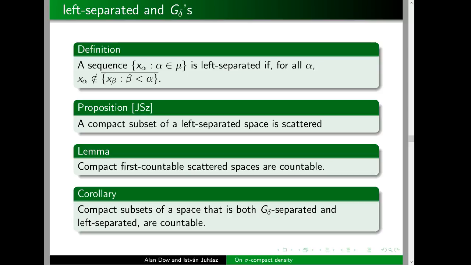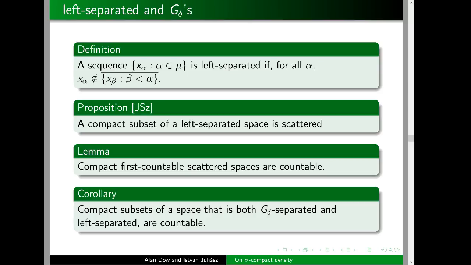So compact subsets of a space, right? And if that subset is G delta separated, so what I'm going to mean by G delta separated is you can find a cover, you can cover by pairwise disjoint